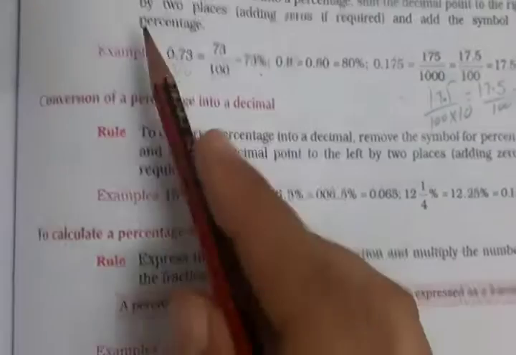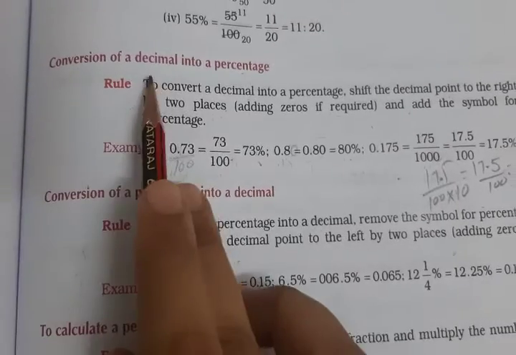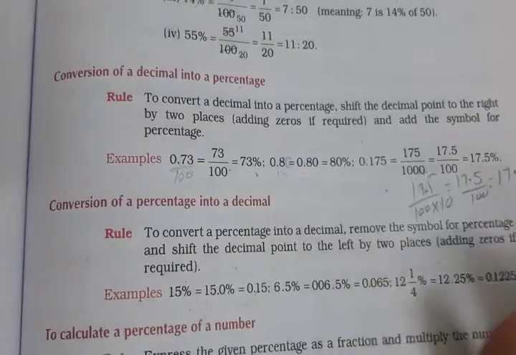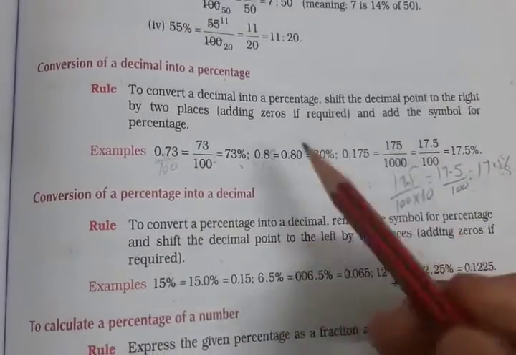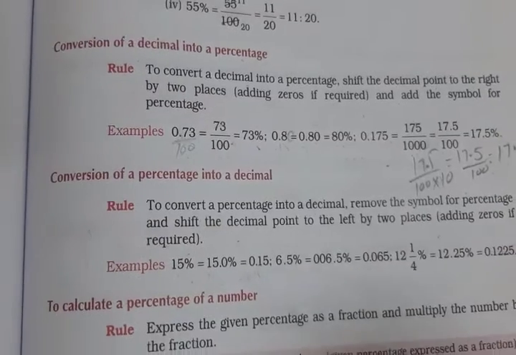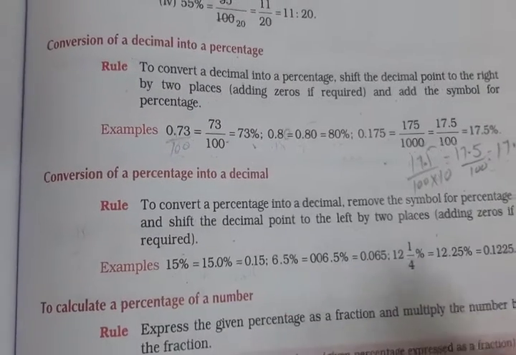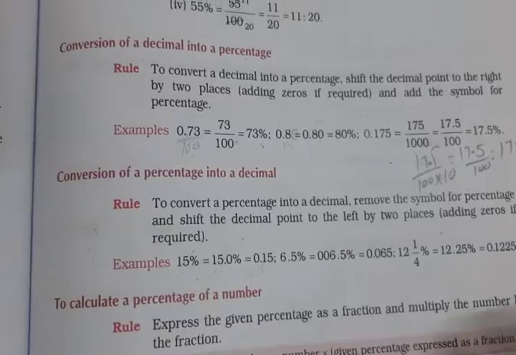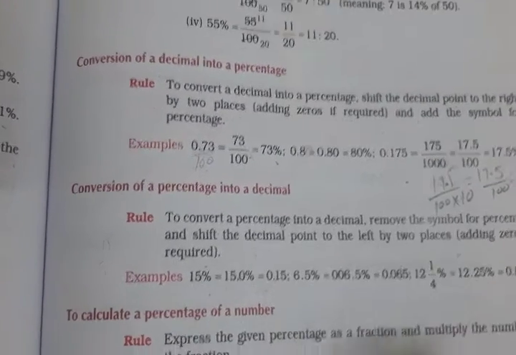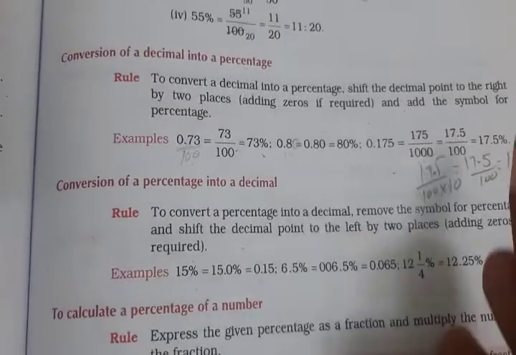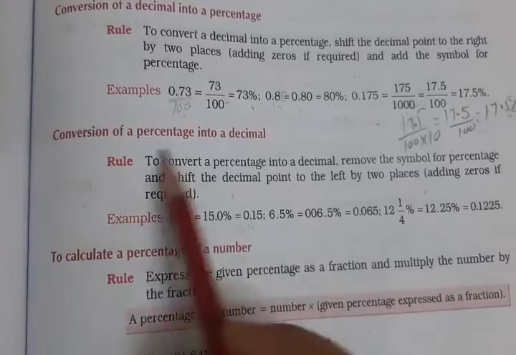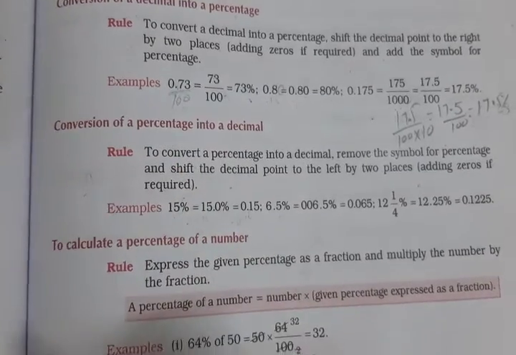Understand? Now again I repeat that how to convert decimal into percentage. Firstly we will remove the decimal and put how many zeros will come. After that you write that value in a fraction. Then how to convert a fraction into percentage, you all know. Multiply by 100 and put a percentage sign also. That is a simple method. Okay. Now next one is conversion of percentage into decimal. Now how to convert a percentage into decimal?